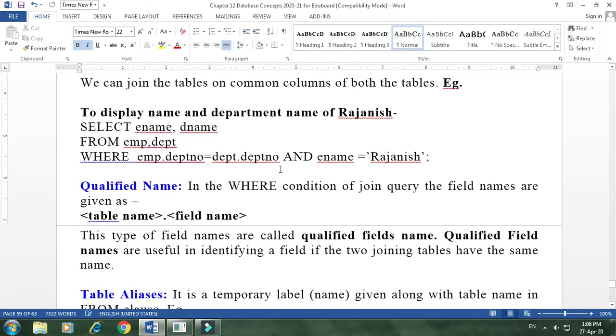Now you can see the example. Display name and department name of Rajneesh. Rajneesh is the employee. I want to know his name and the department to which he belongs. Let's write a query.